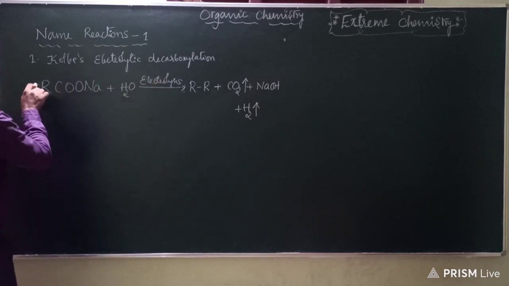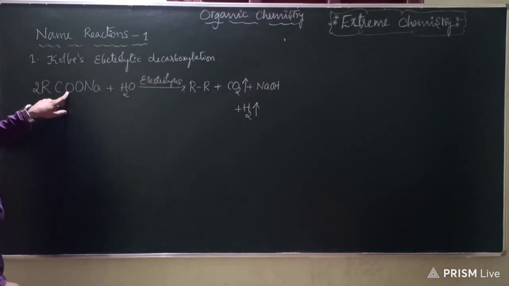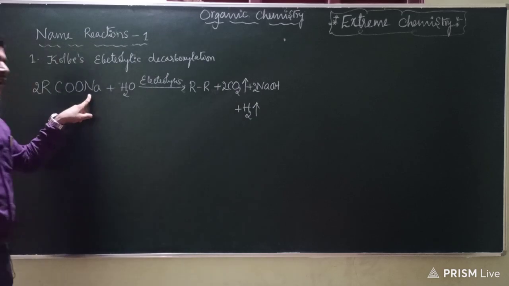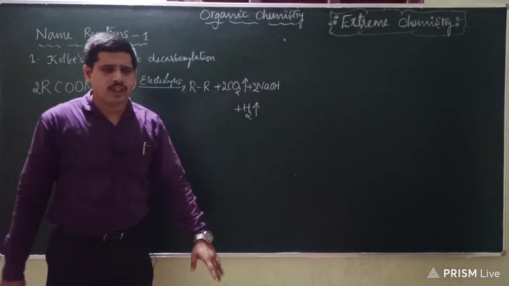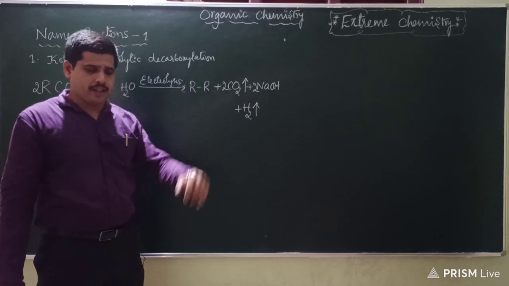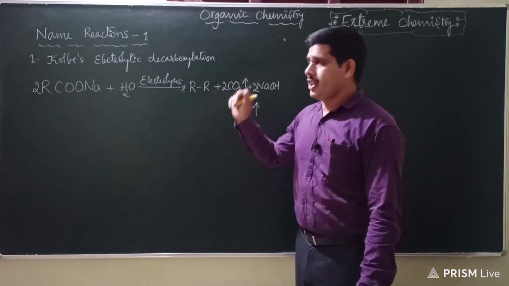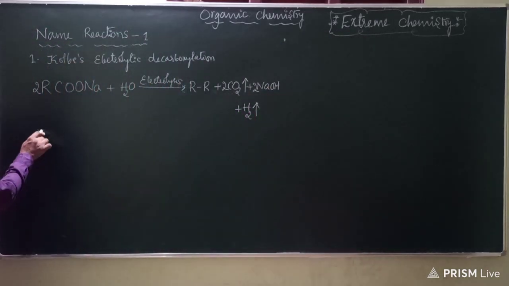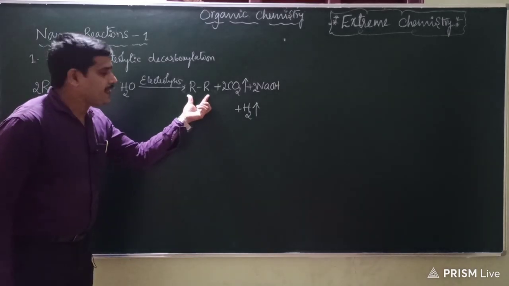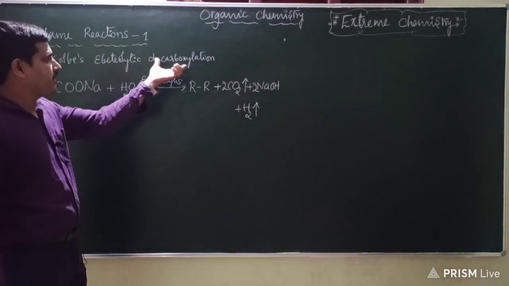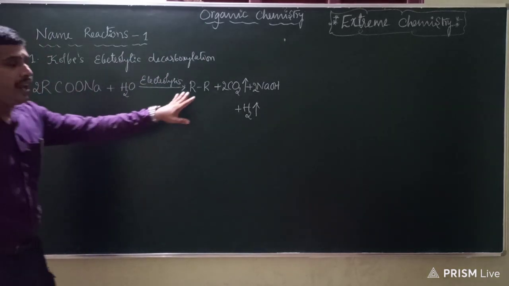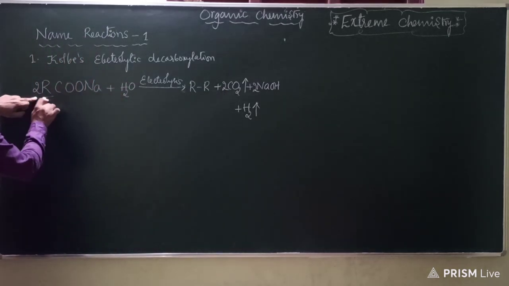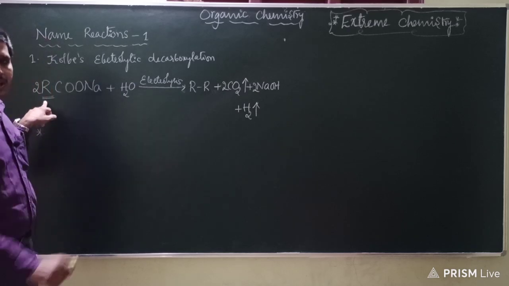Two R groups are there, therefore let me multiply by 2. Next, 2 carbon dioxide to be written, and sodium hydroxide, so that will be 2. Now this is a general reaction, and of course most of us know it. Now what are the competitive points to be remembered on this method and reaction? Let me talk about it. Please observe that the alkane obtained in the case of Kolbe's electrolytic decarboxylation will always have double the number of carbon atoms present in the alkyl group of your carboxylic acid salt.